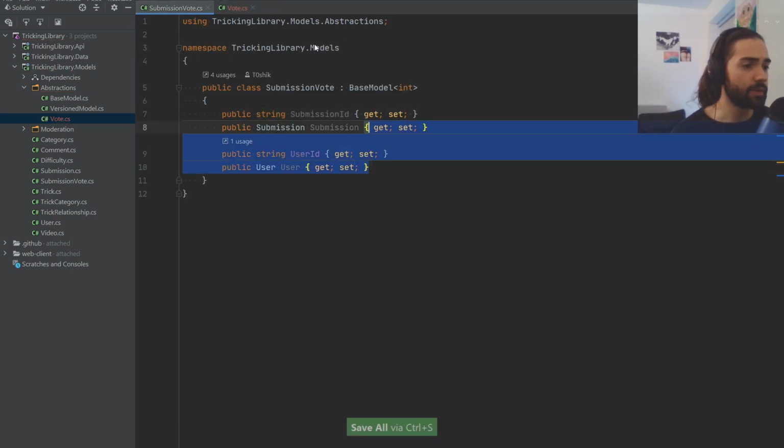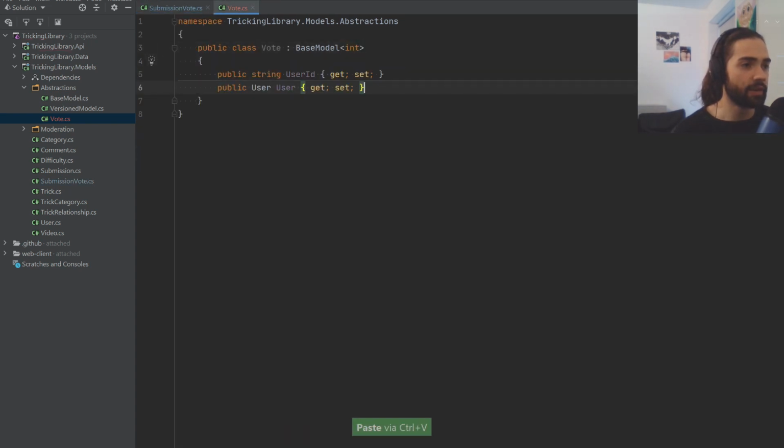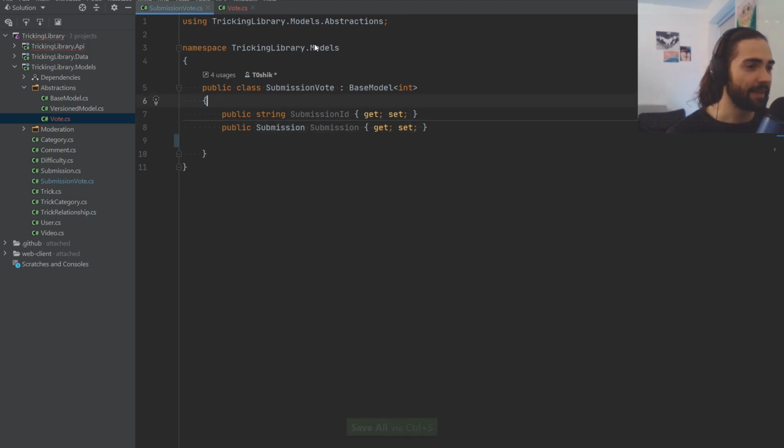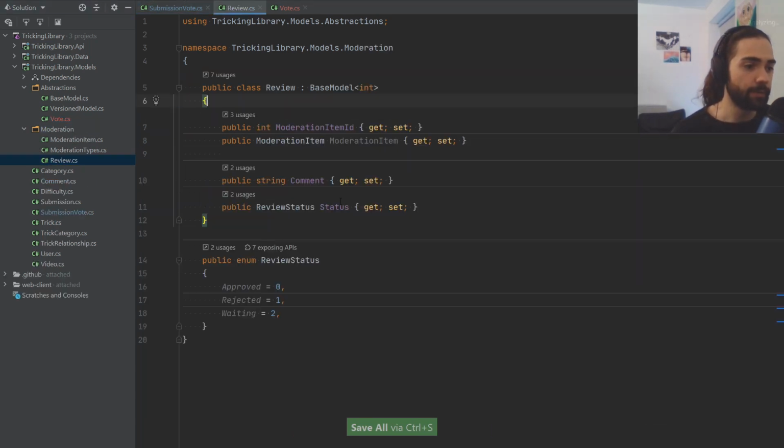And what we're going to do is we're going to say a vote belongs to a user, right? So a user can always vote, kind of thing, right? And then the submission vote, we can go ahead and replace this with a vote. And then for the moderation review, I actually noticed that this doesn't have any indication of what user is voting for it. So we'll just take the advantage here and kind of drag the review along with us